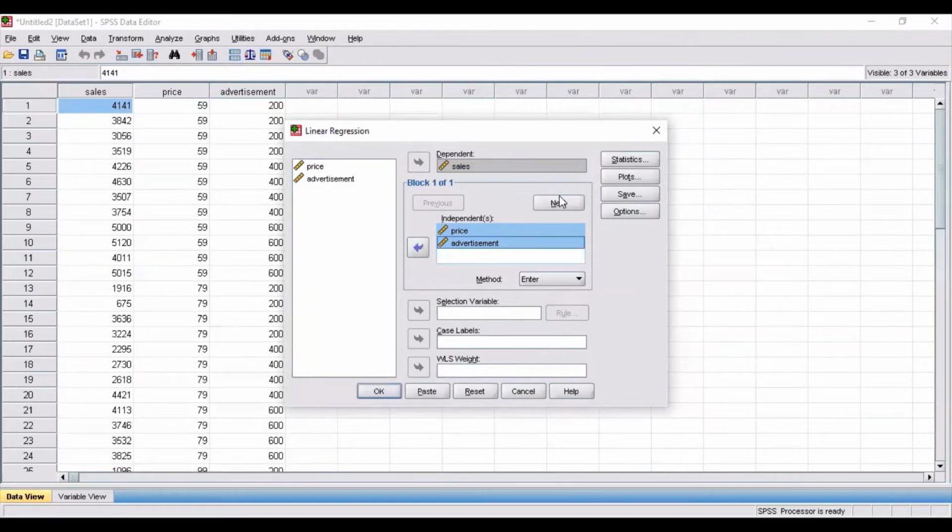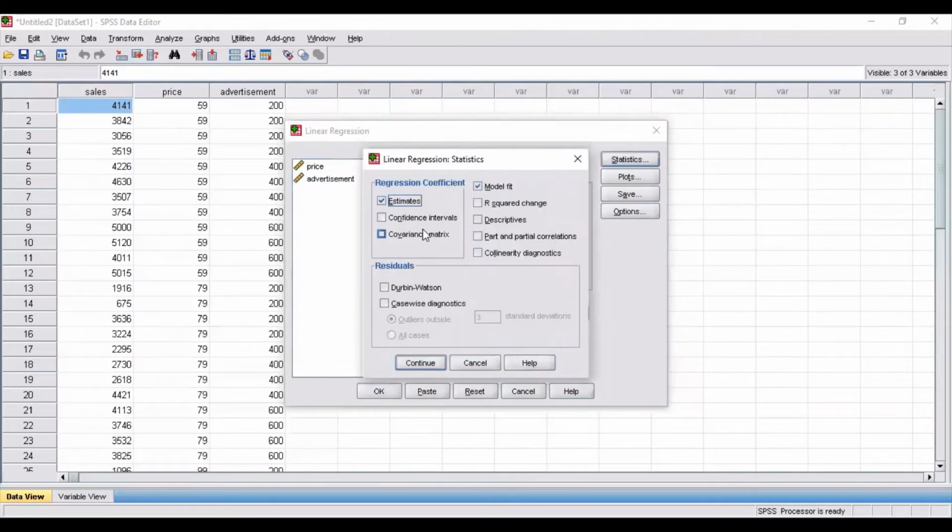For that, you need to go to statistics and check all those statistics that you want to obtain in the output window. So you can select confidence intervals, covariance matrix, R-squared value, Durbin-Watson statistics. If you don't want to obtain these particular statistics, then you can skip this step. Then click on continue.